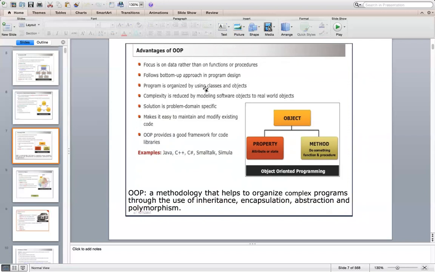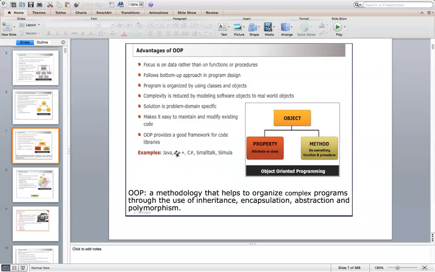And as we discussed, the program is organized by classes and objects, and we can actually create data types easily, because every class that we create in OOP is an abstract data type, and you can create variables of such kind.